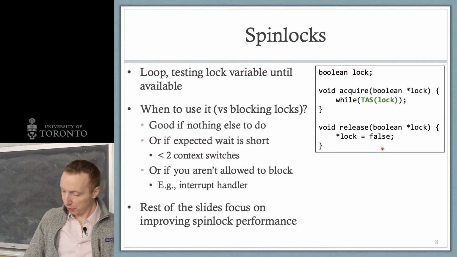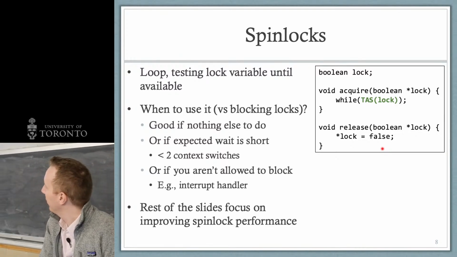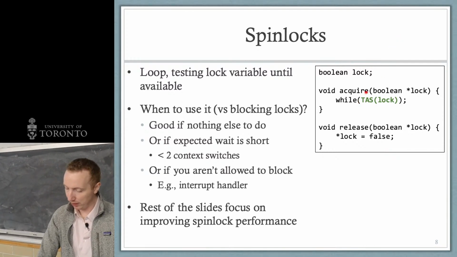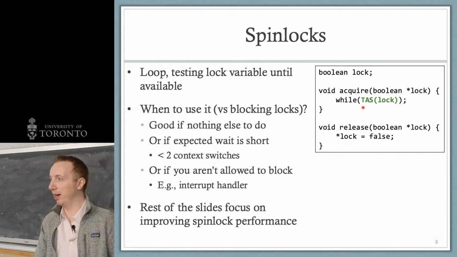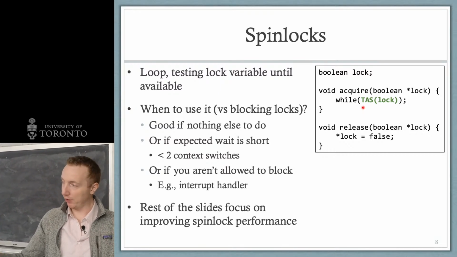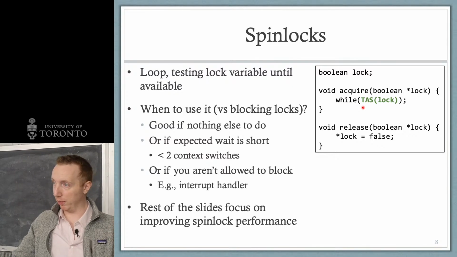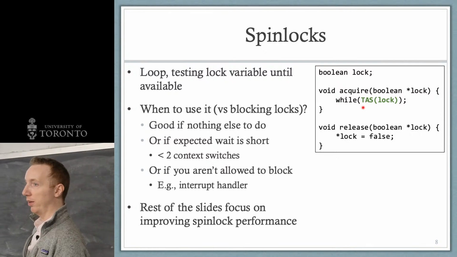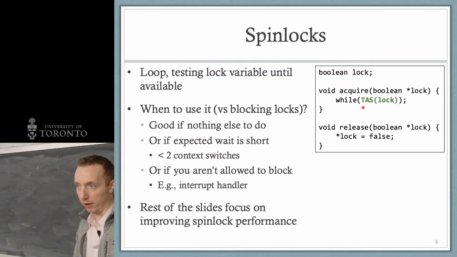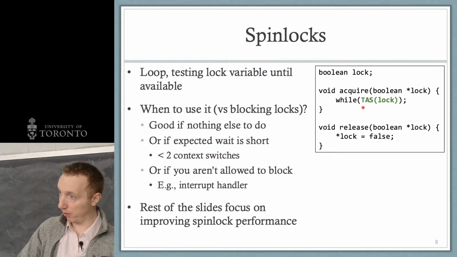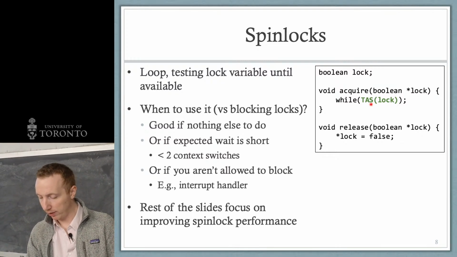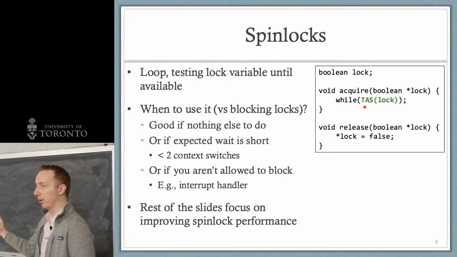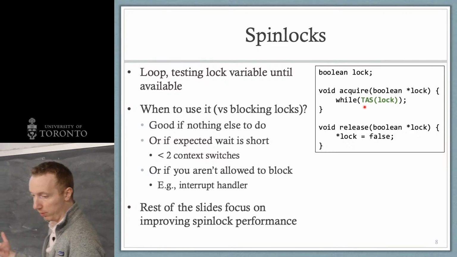So spinlocks: the easiest implementation for a spinlock that actually works to ensure mutual exclusion is, in the acquire, you just have test and set. While the current value is true, that means someone else has the lock, and I keep on trying to set it to true over and over again from false. If I was able to set it from false to true, then test and set